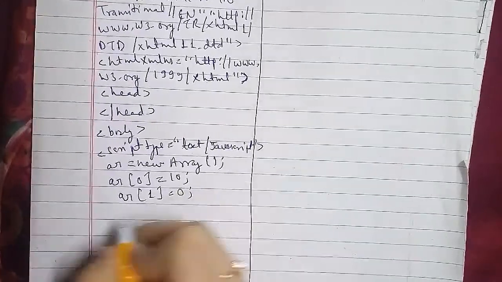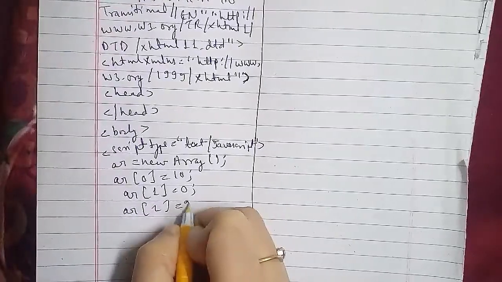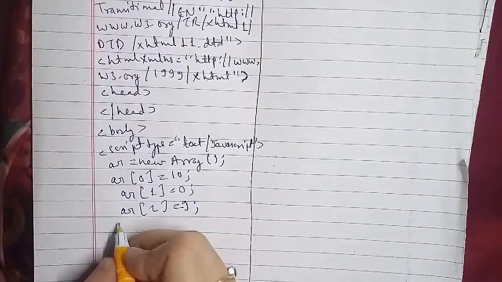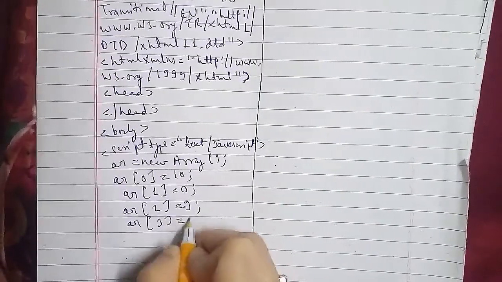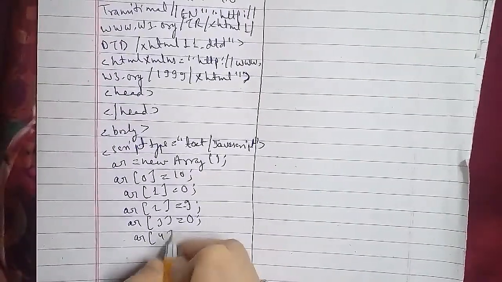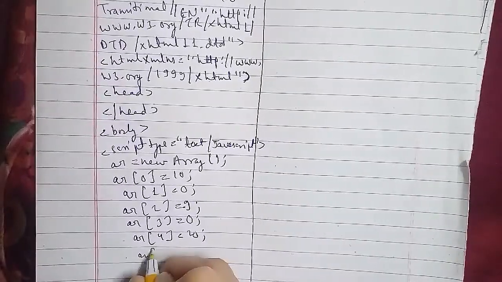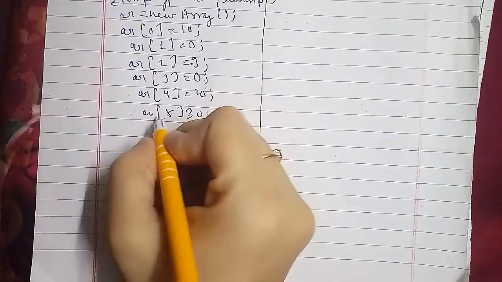array of 3 equals to 0, array of 4 equals to 20, array of 5 equals to 30, array of 6 equals to 3, array of 7 equals to 88. And then i equals to 0,